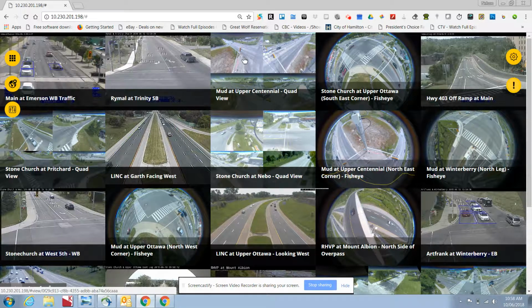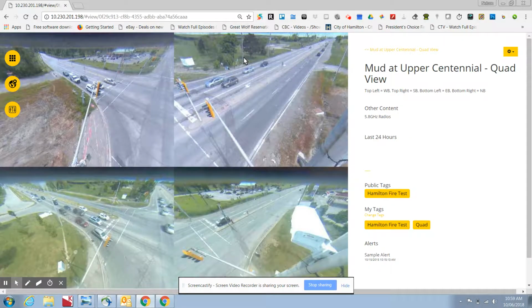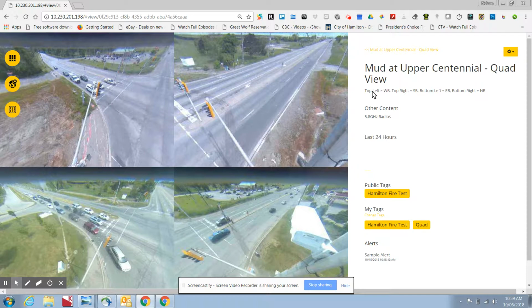If you open one of the flattened images, you'll see that they have been broken down by approach, and there's a menu that tells you what each quadrant is. So top left in this case is westbound, top right is southbound, and so on. Going back to the grid,